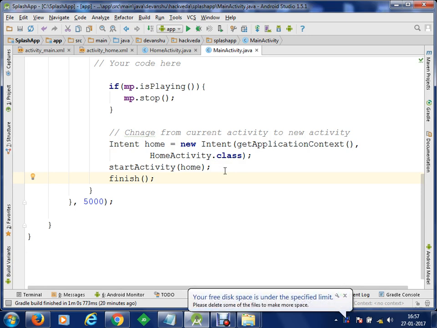So now we are going to test this application on our device.